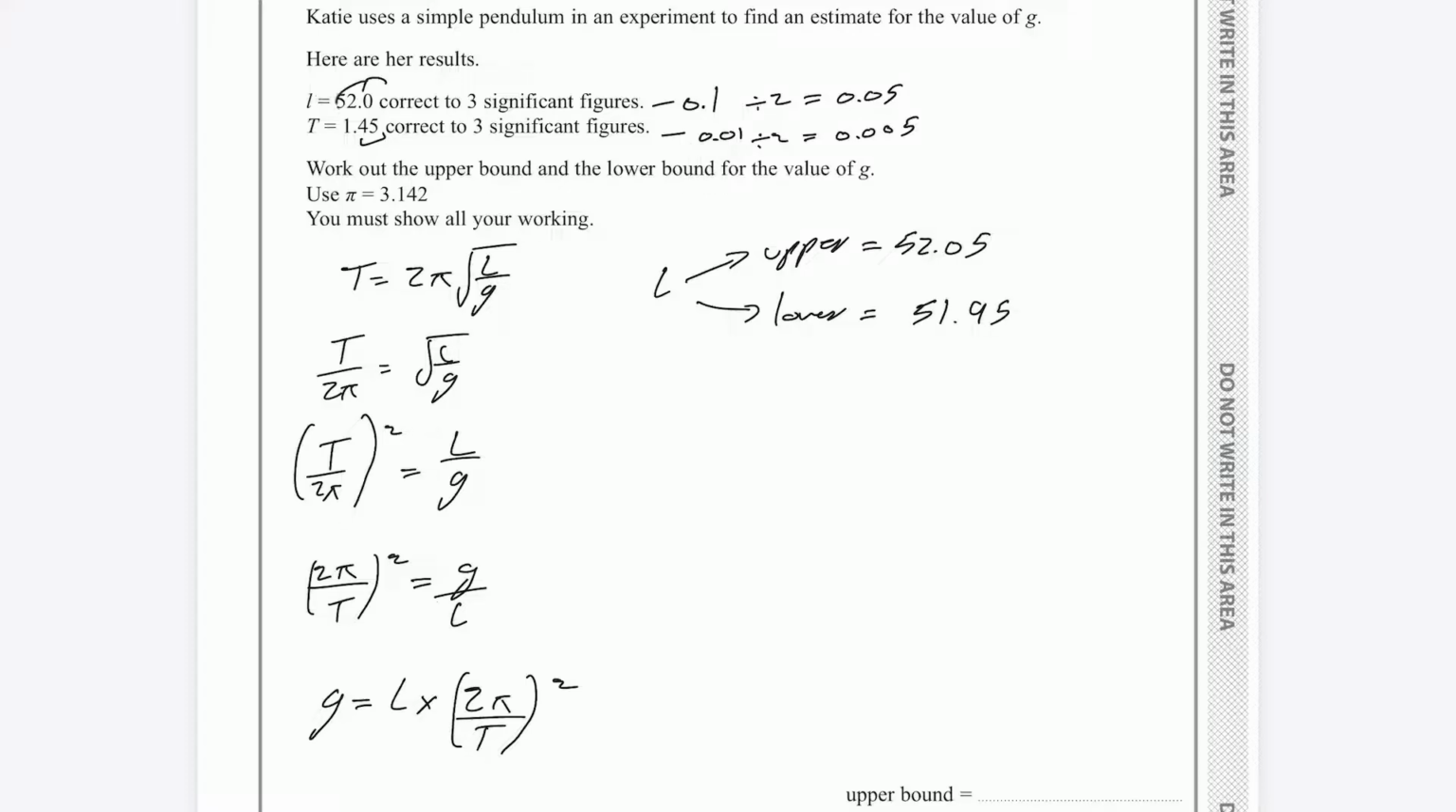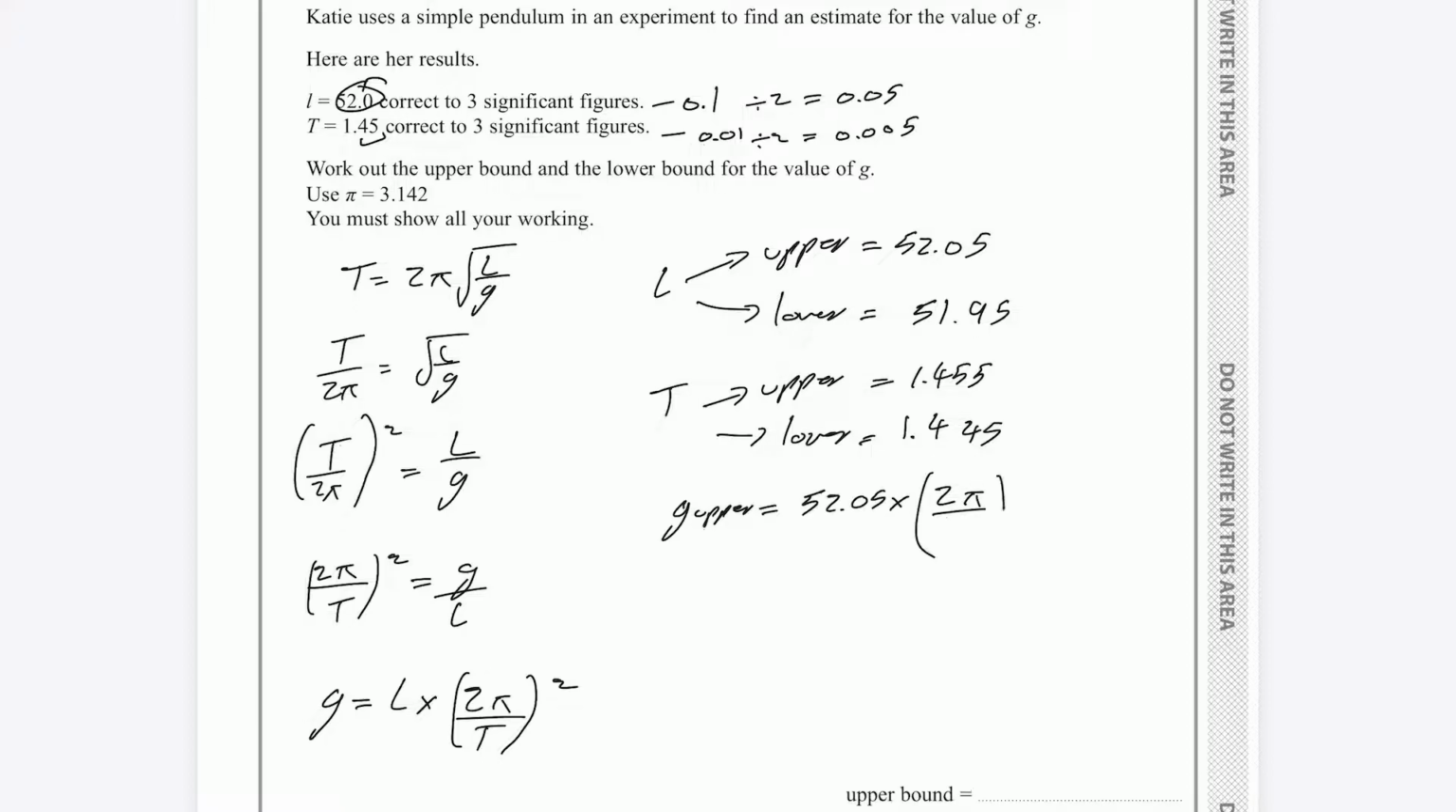All I've done there is I've taken 0.05 away from 52 and I've added it to it, and the same for T. So we have the upper, which is 1.455, and we have the lower bound as 1.445. And then to work out the g upper, it will be L upper, which is 52.05, times 2π over